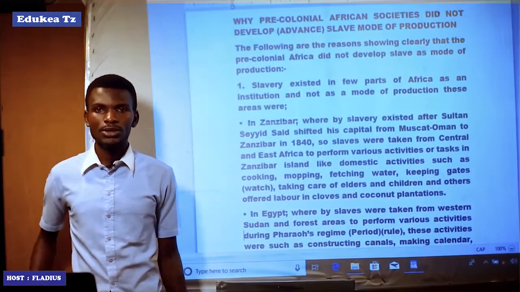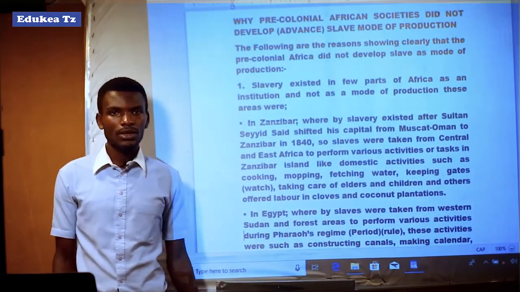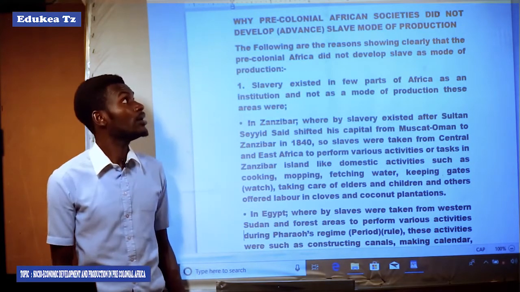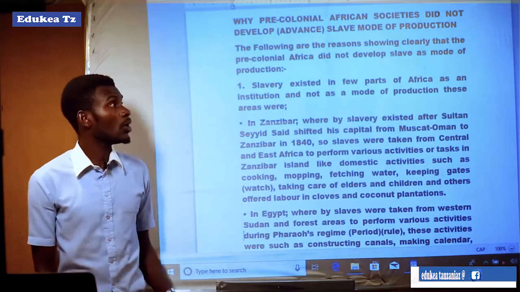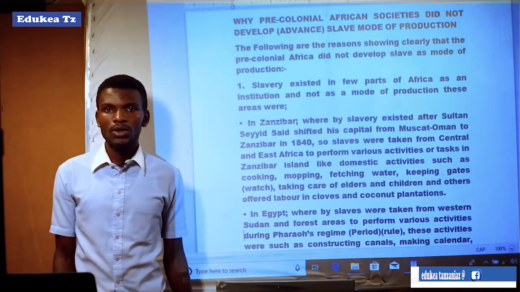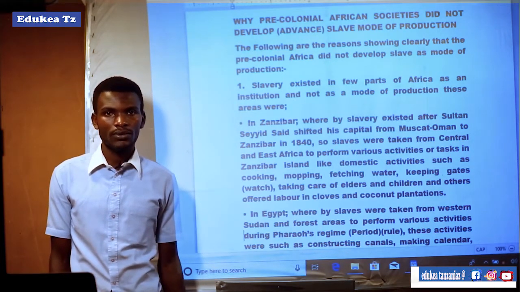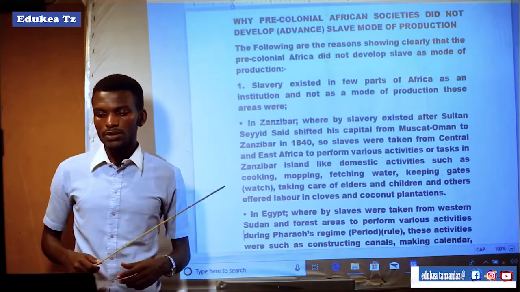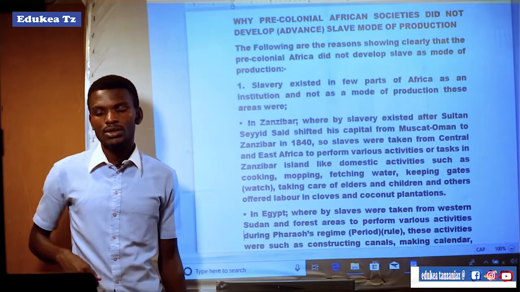Welcome in this session to proceed with our topic, which is the first topic in Form 5, known as the pre-colonial African societies. In the last session, we ended on the characteristics of the slave mode of production. Now let us see the reasons that made African societies